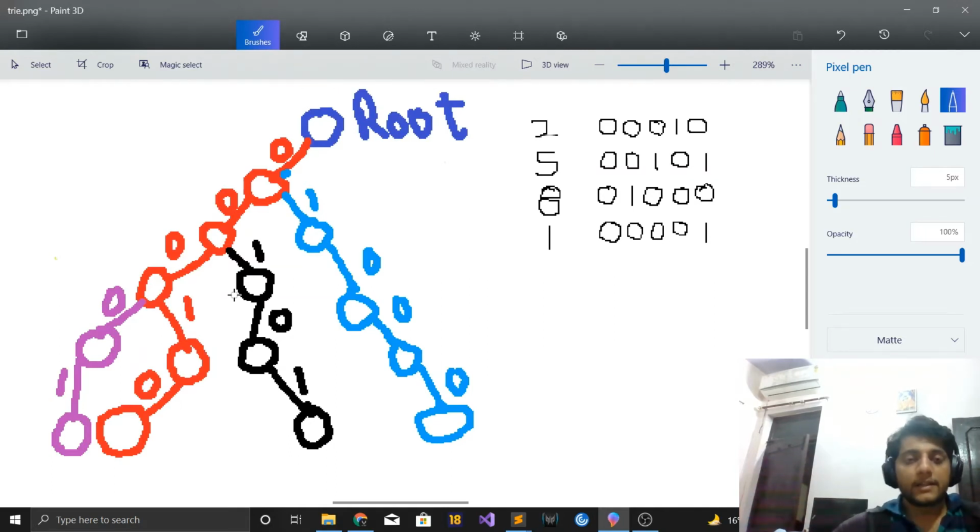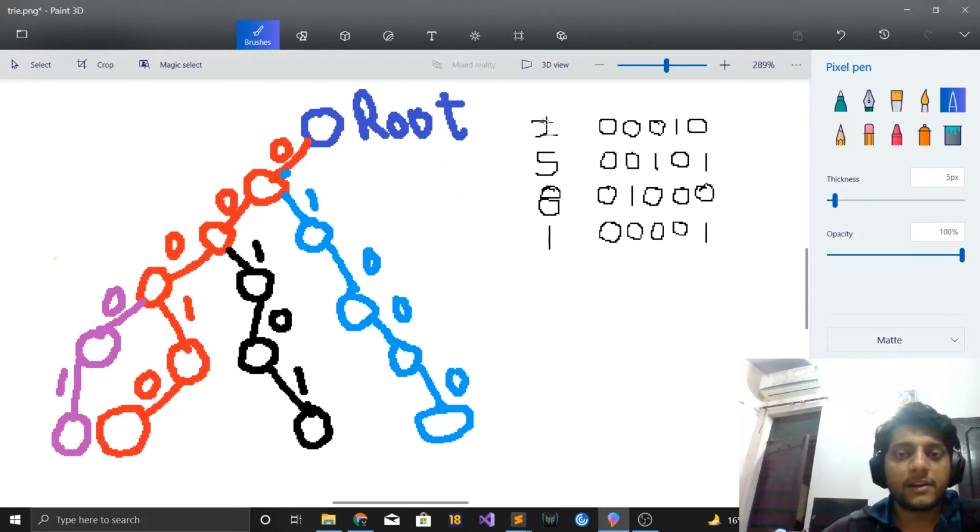Okay, now how would we find the maximum XOR of two numbers in the trie? So the approach is very simple. We'll iterate over each integer present in this array, and all we'll do is try to XOR it with the data present in the trie and see how we can get the maximum XOR value for each integer. Okay, since we will do it for each integer, eventually the maximum value which we'll get, we will take it as the answer amongst all those four.